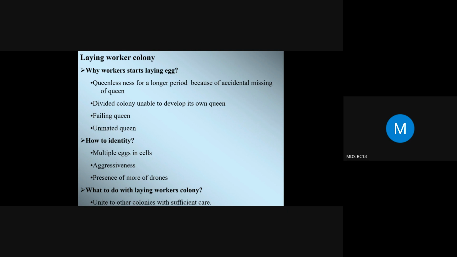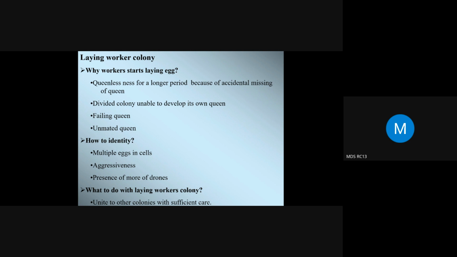And the eggs laid will not be erect. In the case of eggs laid by the queen bee, the eggs will be attached to the bottom of the cell, straight, perpendicular to the cell. But in a worker-laid colony, the eggs will be facing different directions, and there will be multiple eggs, 2 to 3, in one cell. Worker bees will also be more aggressive because of the absence of the queen,